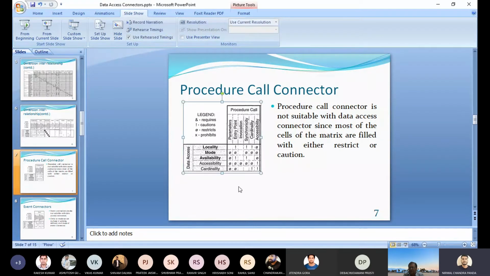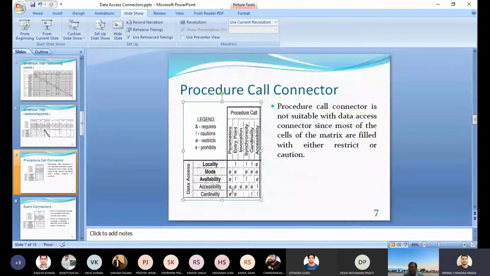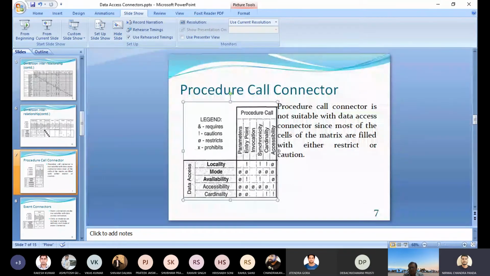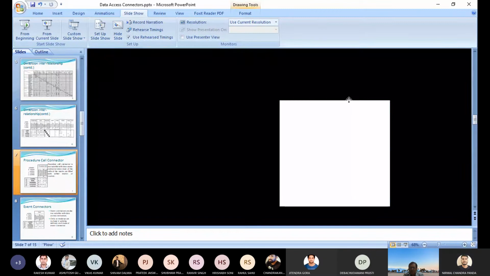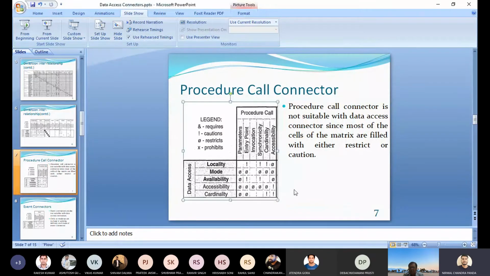Let me zoom it otherwise. Can I guide him, sir? Yeah, you are free to guide your friend.